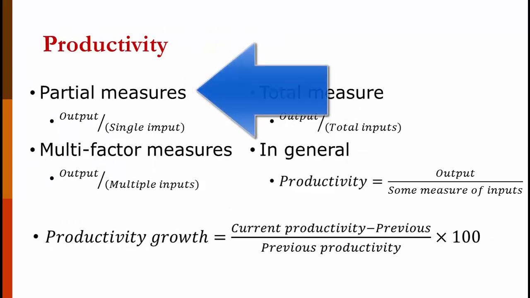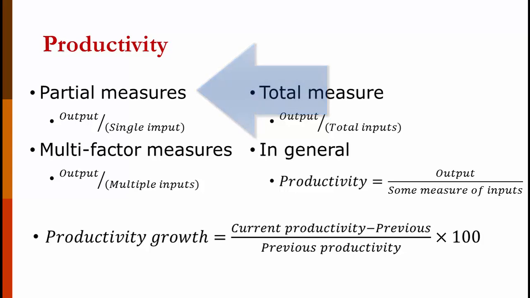Partial measures of productivity, also known as single-factor productivity measures, are outputs divided by a single input. For example, output divided by labor hours, output divided by labor dollars, output divided by overhead, output divided by material. When you have a single-factor measure of productivity, units are not an issue. In all formulas, the output can be measured in either dollars or units. With a single-factor productivity measure, the input can be measured either in dollars or labor hours or pounds of material